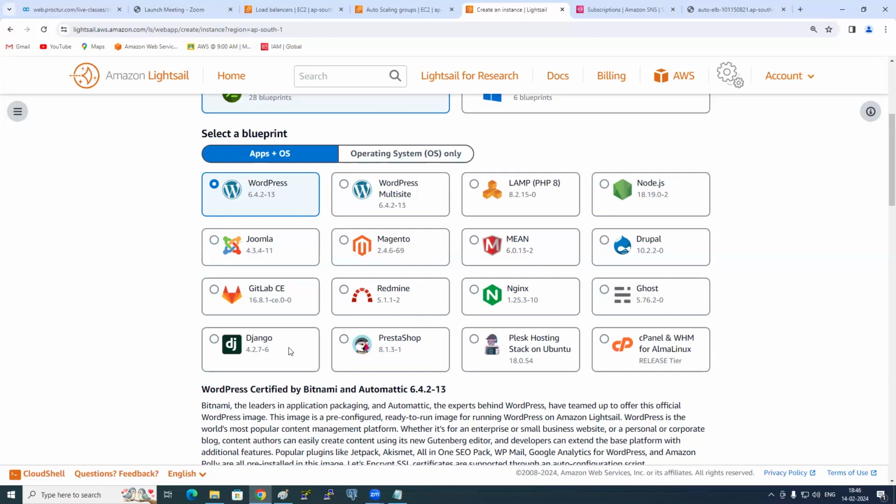So you have so many real-time applications here, which are very commonly used. Okay, let's say out of these, I'll select one. Do you know WordPress? What will WordPress do? It will help to create websites, no?